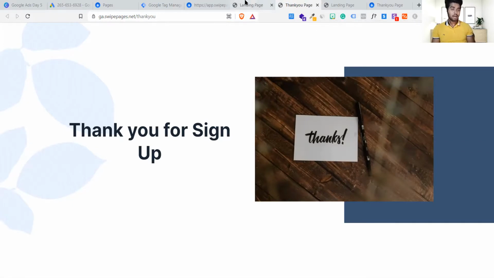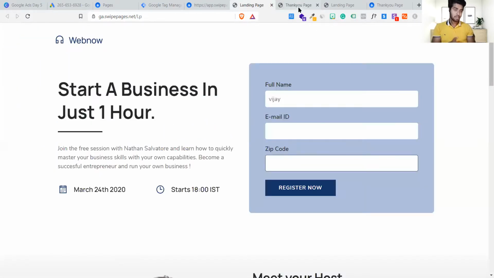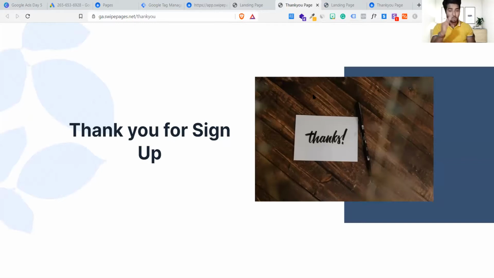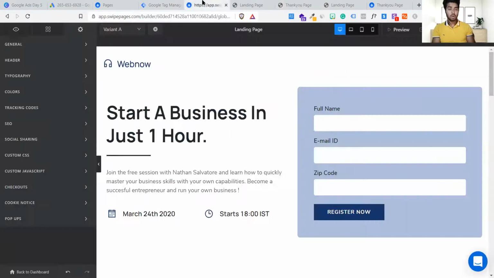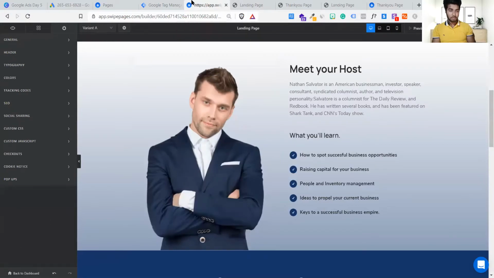You have to understand, if you want to track this page and this page, you have to perform both actions in the correct way. You have to add head and body tags on this page as well. So what I will do, I'll come back here and quickly move on to this option. Give me a second.